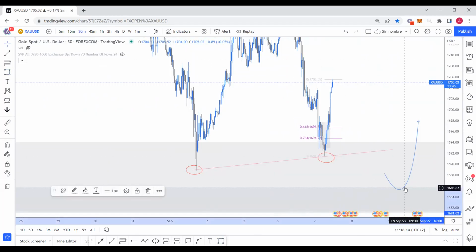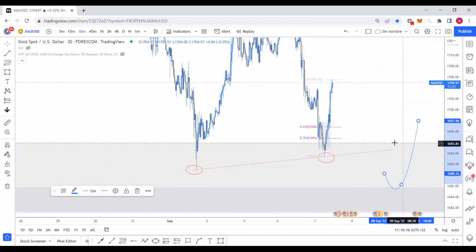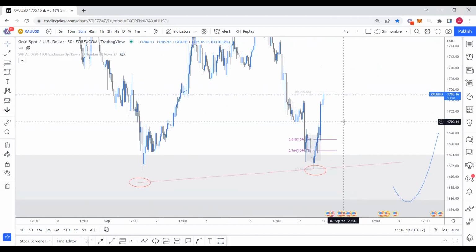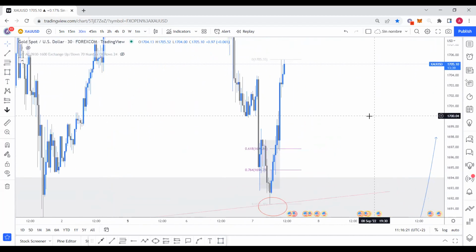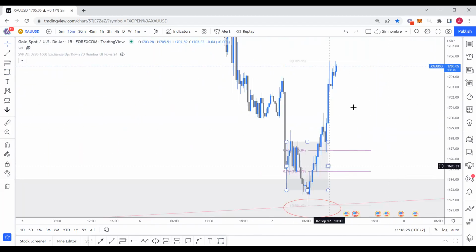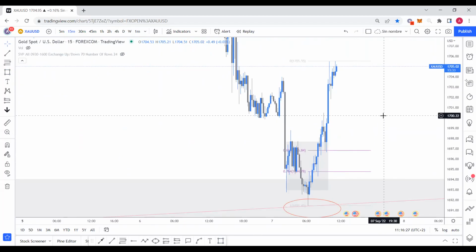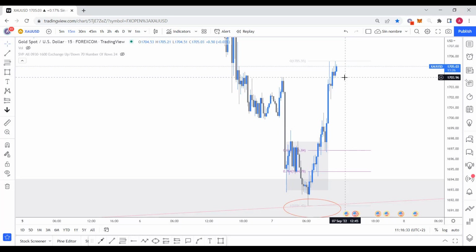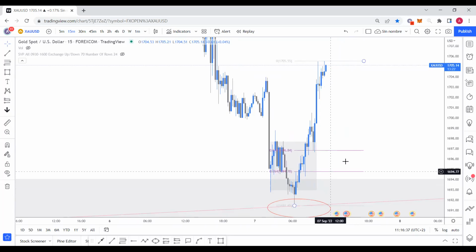That would be the ideal setup. But it would not surprise me at all if there's another completely viable setup during New York session. Bear in mind, when there's volume in the market, the chances of things happening are much higher, okay? When there's volume. So maybe during New York session, we could see